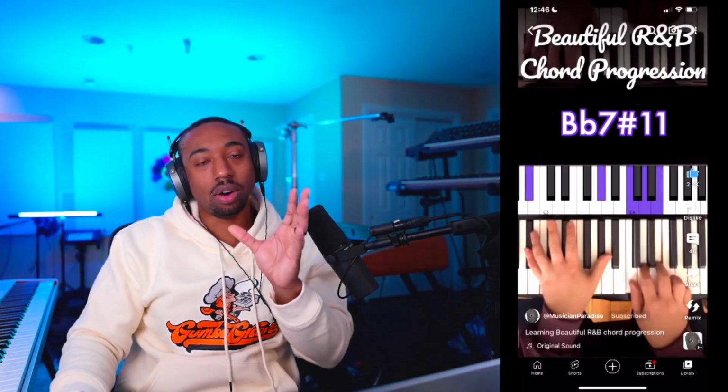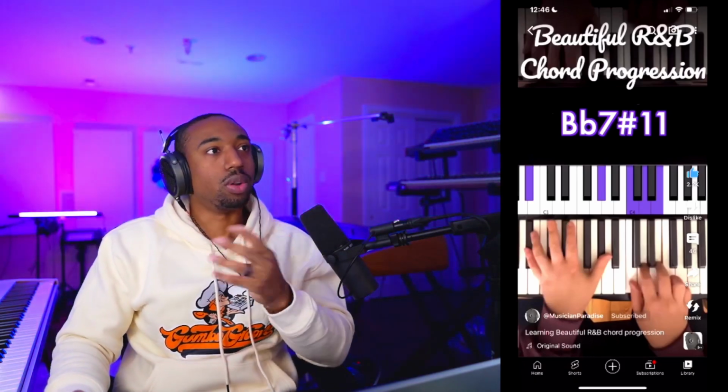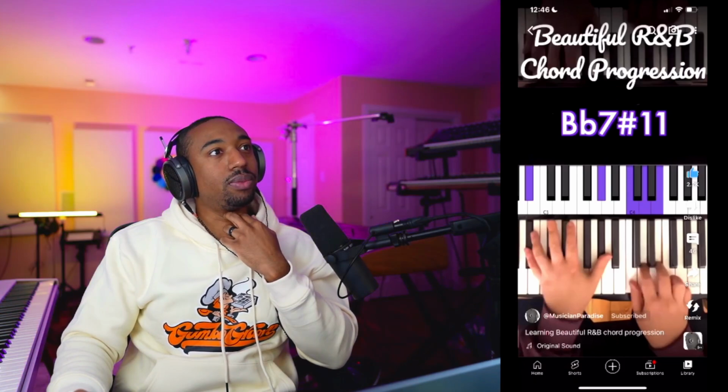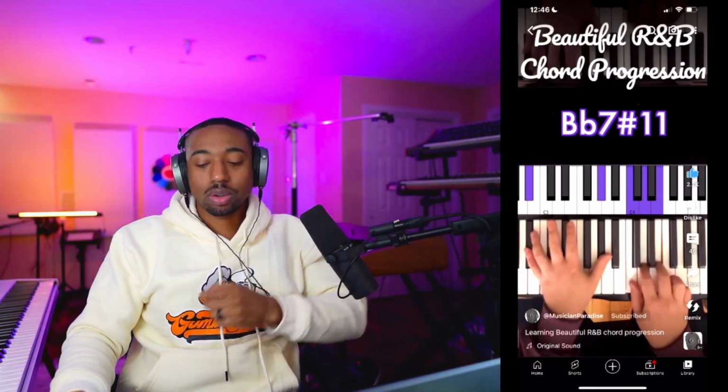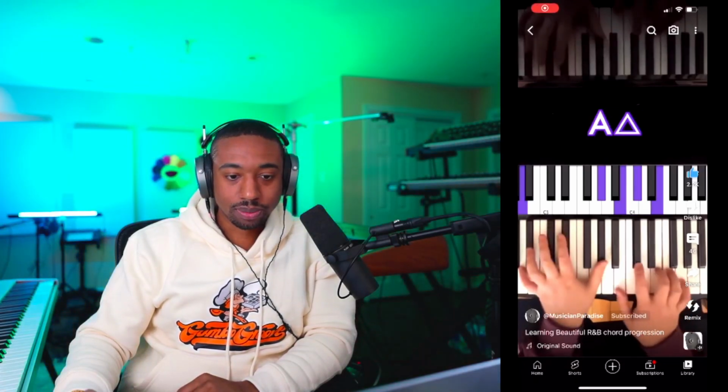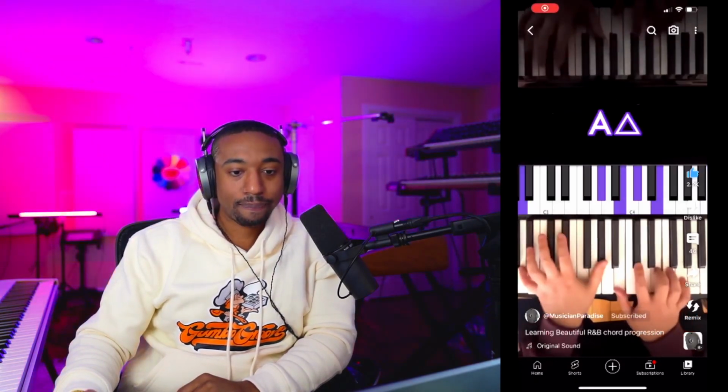Do that for all the old R&B songs. You'll learn so much about music theory and how they voice chords. Take the audio, run it through Melodyne or Newtone or, what's the other one? Revoice Pro? I forget the one. I use Melodyne, and then you could look at the polyphony of the notes. It reads all the notes, and then you just study the chord voicing that way. So it says learning beautiful R&B chords, chord progression. All right, I'm gonna play it and then I'll run back on the chords.